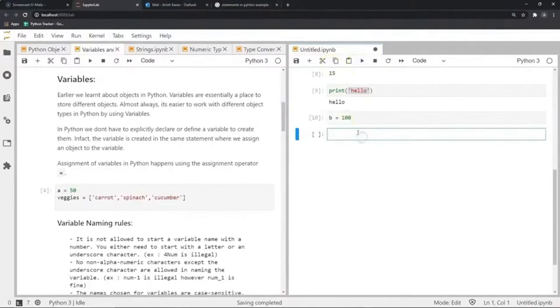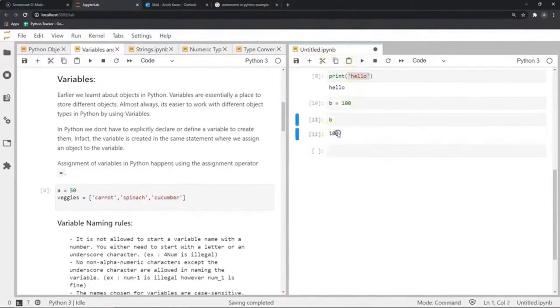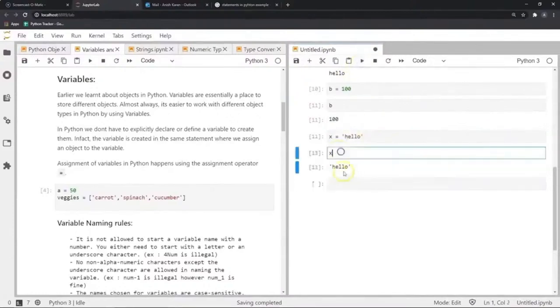Anytime I want to know what is stored in b, I just have to enter b and I will get the value that is stored in it. And we can store different types of objects inside any variable. Let's say I want to store this particular word in the form of a string. Now this is stored in x, and if I want to know what is in x, I can just see what is here, and it's the string hello, which I had stored earlier.